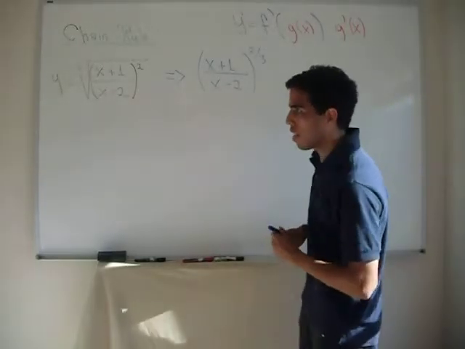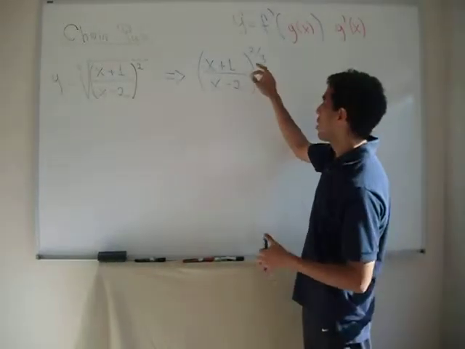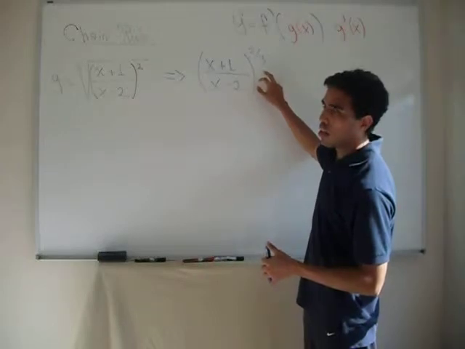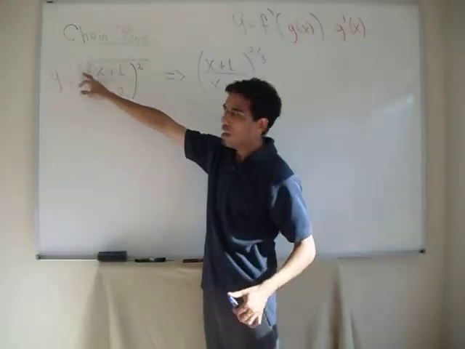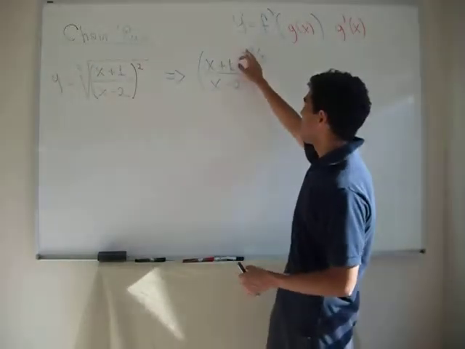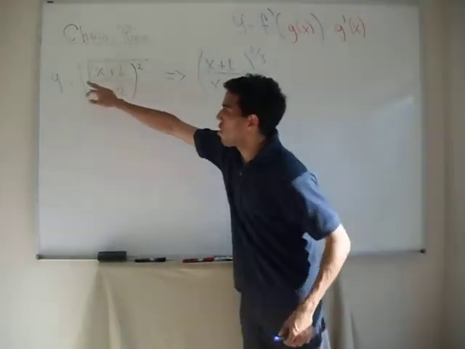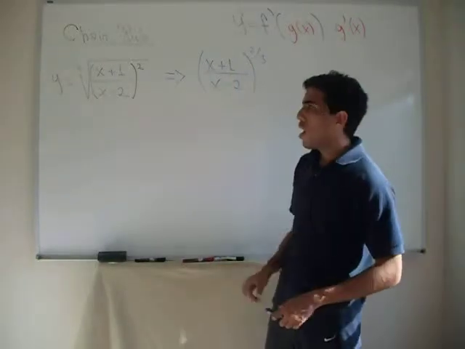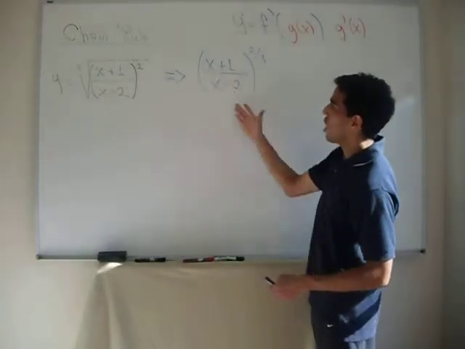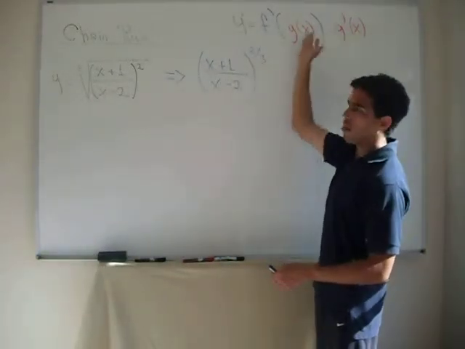Remember that when you have a rational exponent, the bottom, the denominator, is the degree of the root, and the numerator is the original exponent. So 2/3. And now we're going to apply the chain rule,